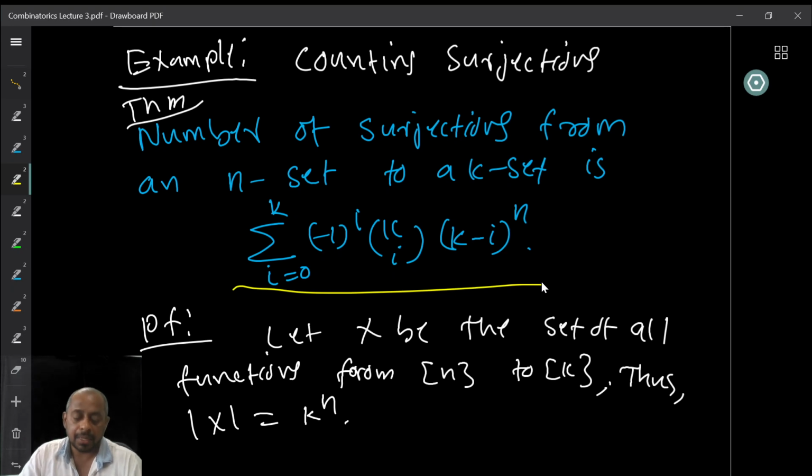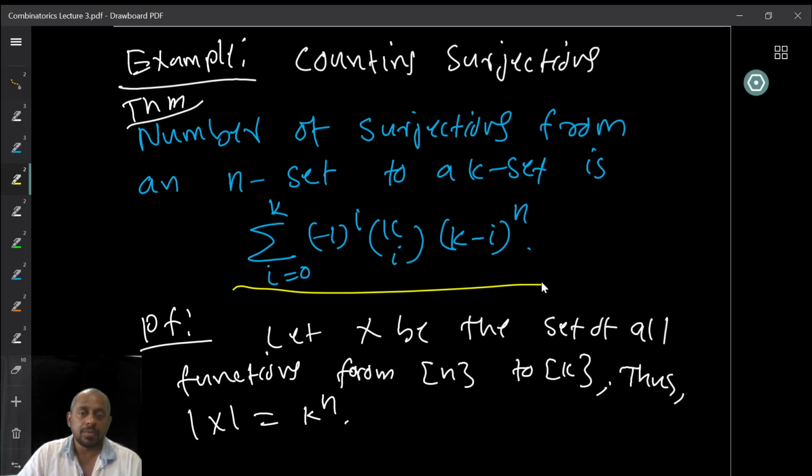So we want to prove this formula. So how will you prove this? Again, if you want, you know what result you have to use, right? What method you have to use now: inclusion-exclusion. Can you try to think of a proof of this formula by this? So pause and think about this, and then you can continue.